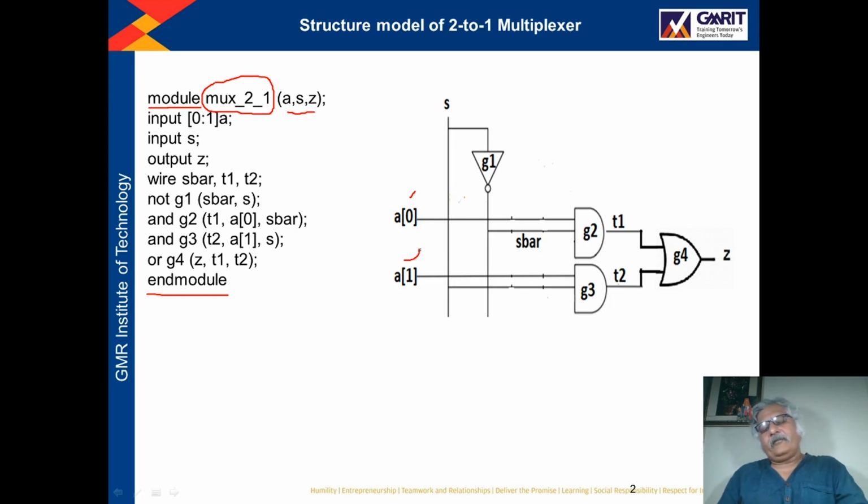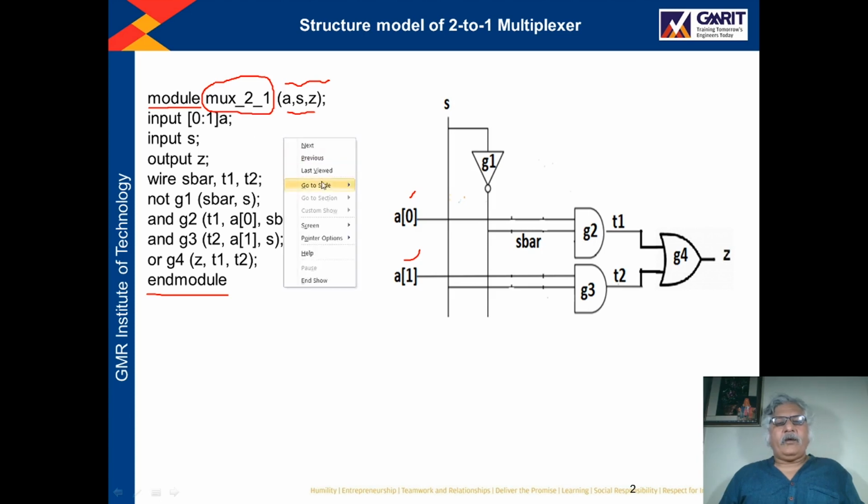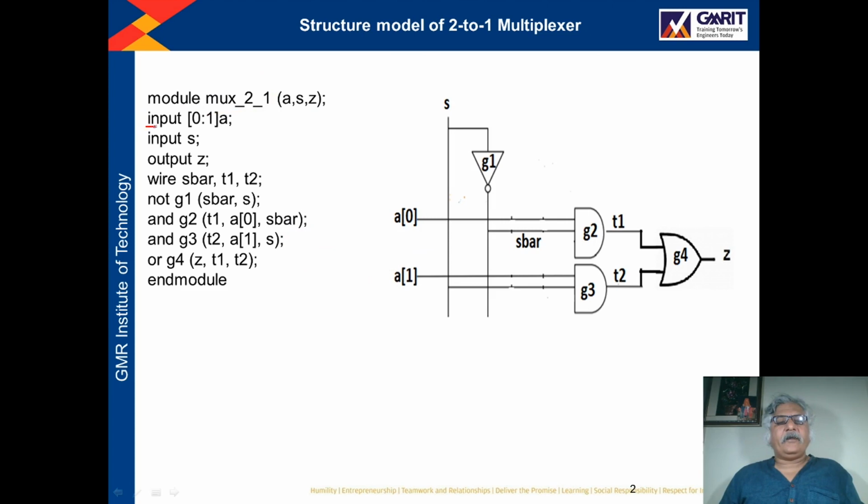I have created the vector, but when we are declaring it as a port at this place, then I have simply declared it as A, right? A, S and Z. Now I will declare the input port. For that, the keyword input.